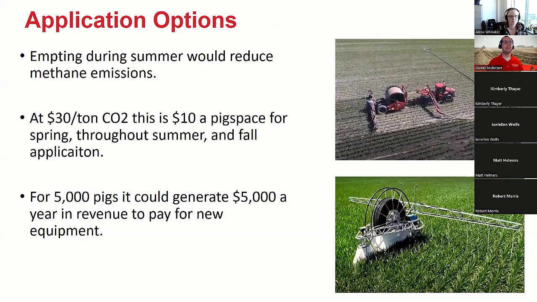Now, our current equipment probably won't be able to apply into standing corn, right? It certainly wasn't designed for that. But we do have some equipment where people have developed to side dress manure onto standing corn. You can see one version of that in the upper picture. Another one that we're working with starting next year is this Rain 360 on the bottom. And it really can extend some of that application season.